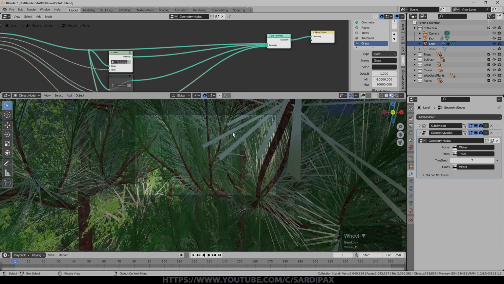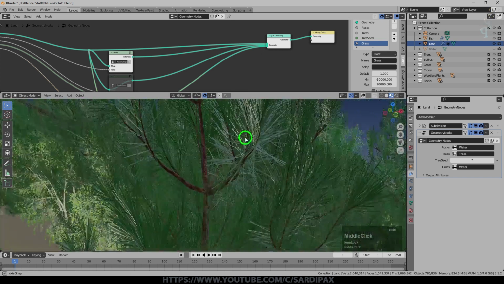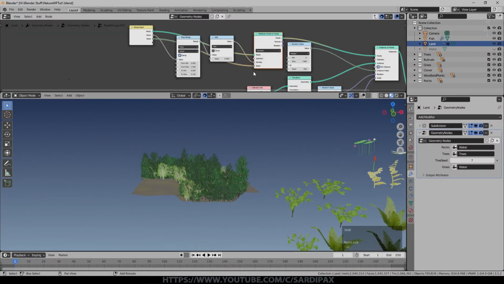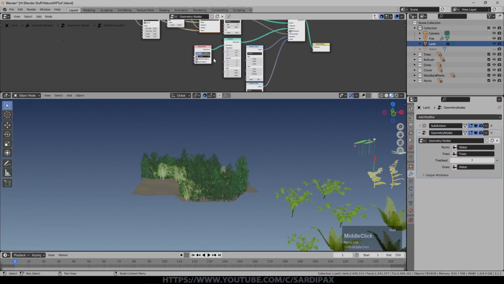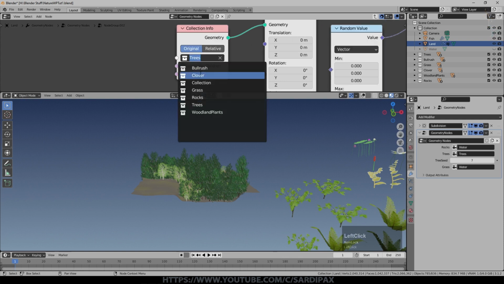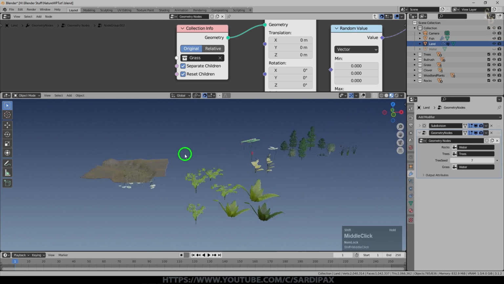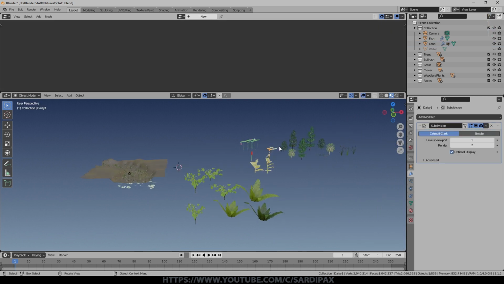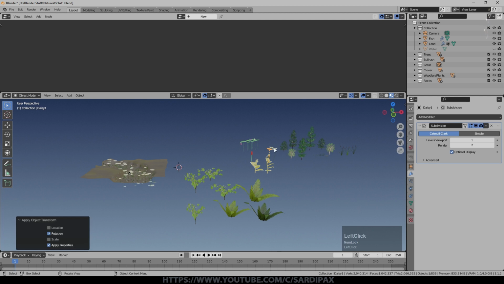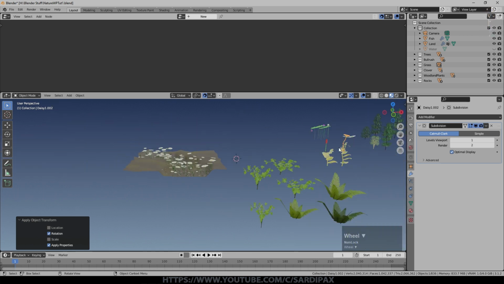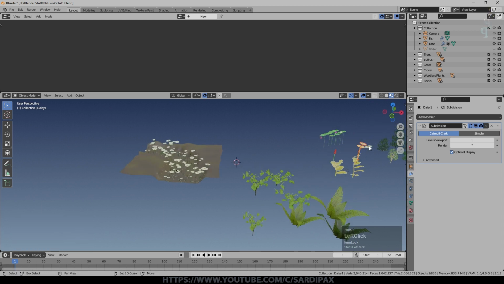And there it is. We've got a load of trees running along our river at the moment. Obviously not what we wanted. So I'm going to go into that one. And first of all, we're going to change the collection that we're using. And we'll just select the grass collection. So we've got a slight issue, which is fine. And that's with our daisies. Previously, I think I'd added these separately. So I'm just selecting each one and applying rotation. You can see they've come up now. The only problem is they're much bigger than the grass assets, so I will need to rescale them as well.